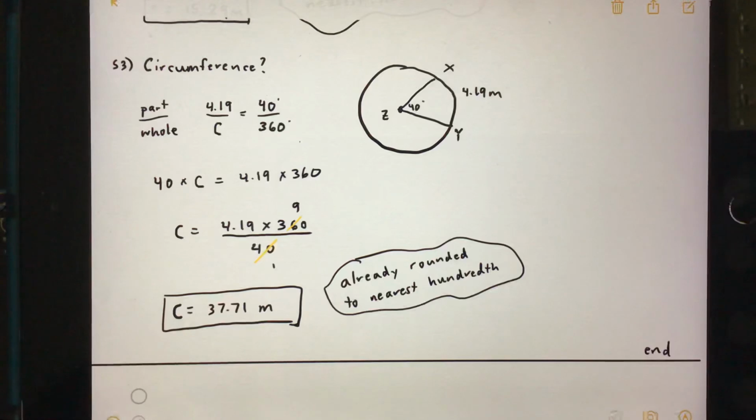Circumference is 37.71. That concludes our samples for this lesson,